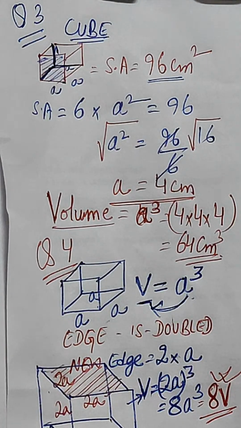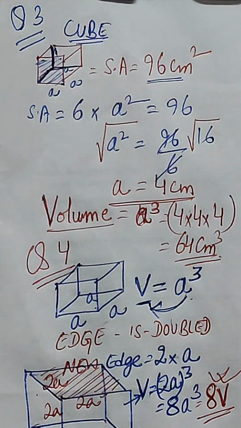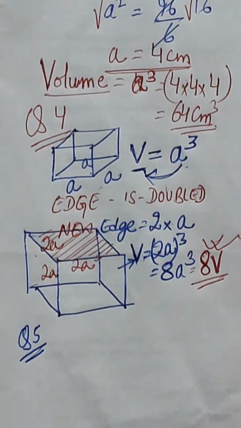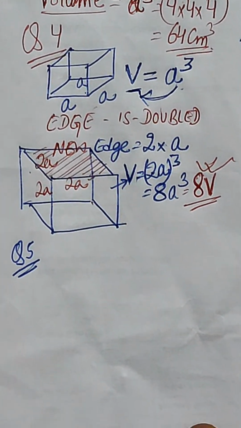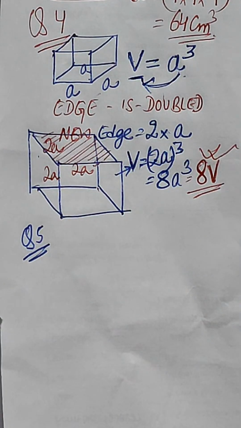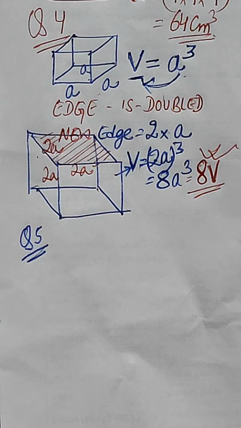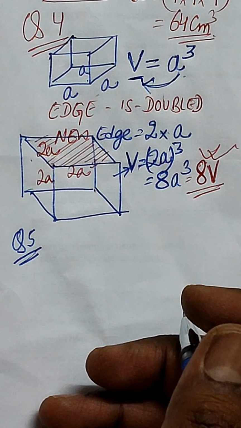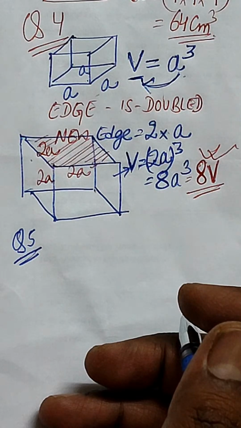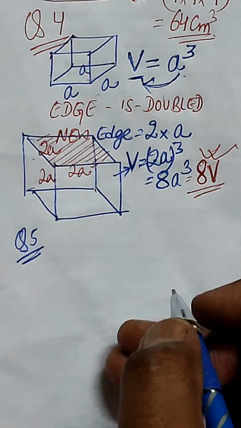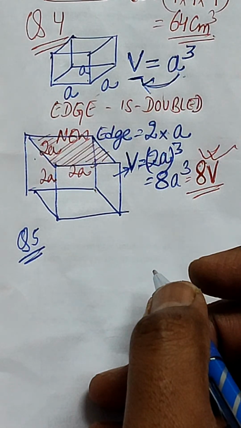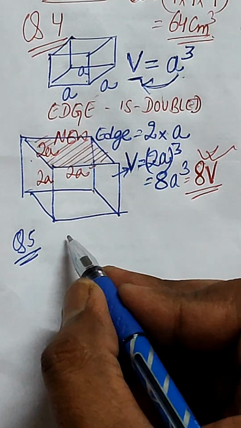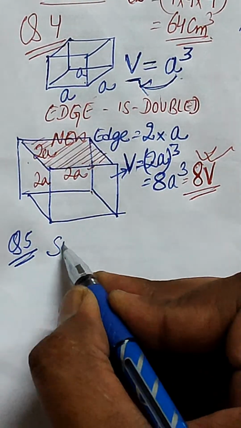Now coming to the fifth question. So for the fifth objective question, let us see. Yes, this is a good question. Let me take this. If the sum of all edges of a cube is 36 centimeter, that means the sum of